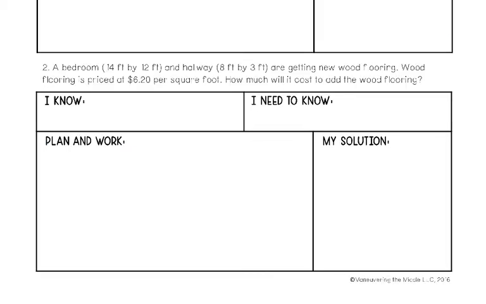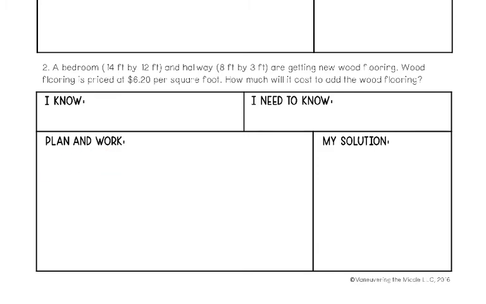Number two is another great example of a real-world problem where you would need to use area. However, in this question, you are not going to have a picture given to you. Anytime you have a word problem involving geometry where you're going to have a picture that's being described, I want you to draw that. So as I'm reading this to you in the plan and work box, I want you to